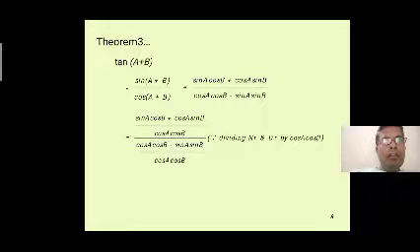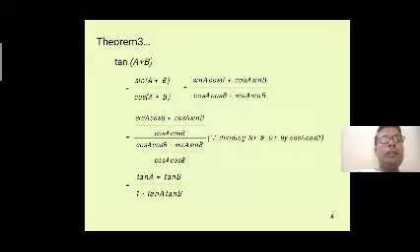That is also equal, we write the formula and divide both numerator and denominator by cos a cos b: sin a cos b plus cos a sin b divided by cos a cos b, whole divided by cos a cos b minus sin a sin b divided by cos a cos b. Since we divide numerator and denominator by cos a cos b, the cos a cos b cancel, then after simplification we get tan a plus tan b divided by 1 minus tan a into tan b.